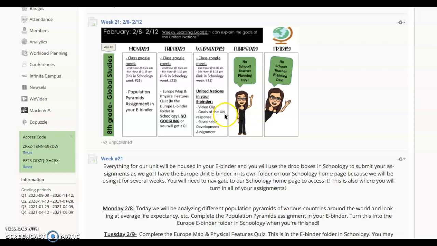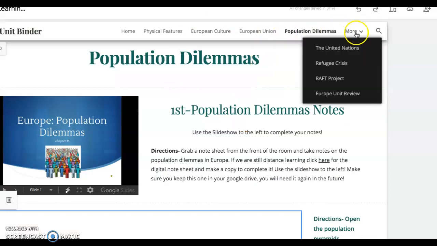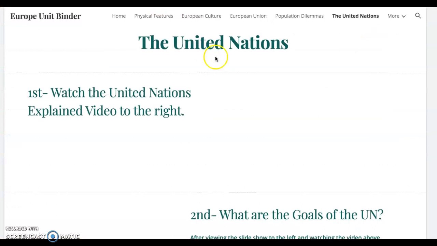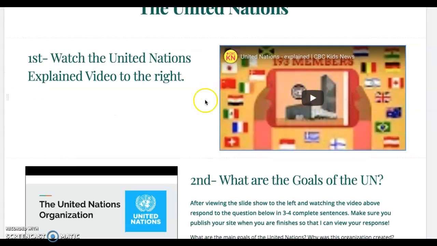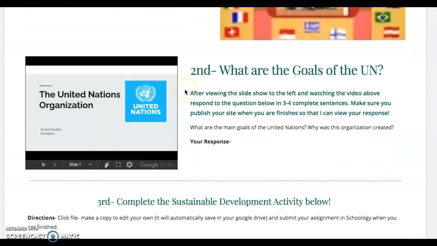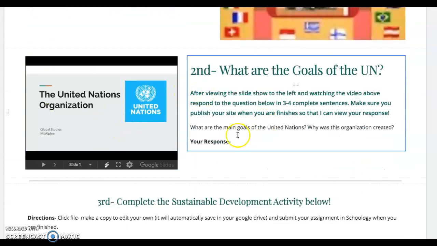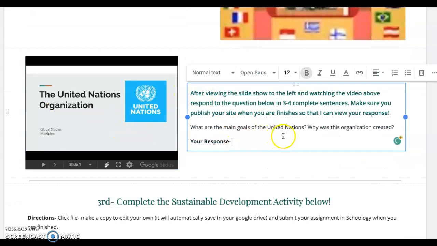So we're going to do a couple of things on Wednesday. We're going to look at a video clip as a class on Google Meet. We're going to look at the specific goals of the UN. So if we go to that page in our e-binder, we're basically doing step 1, 2, and 3 on Wednesday. So we'll watch this together on Google Meet. It's very short. We'll look at the slideshow and respond to what are the main goals of the United Nations,